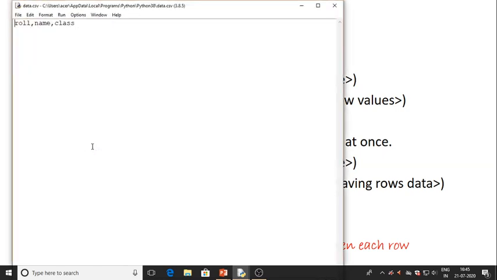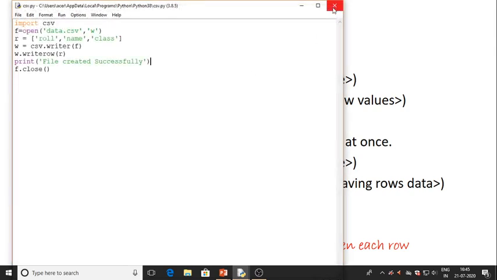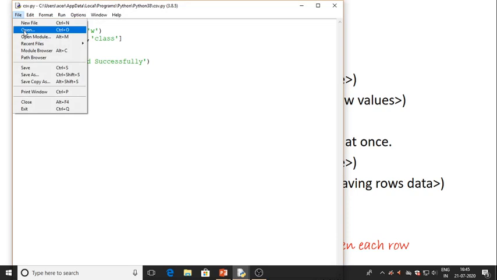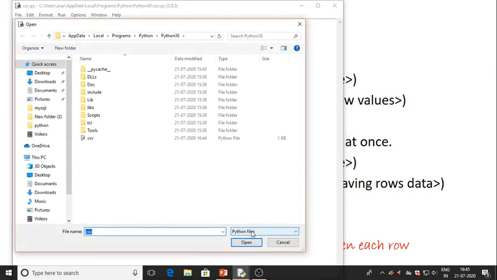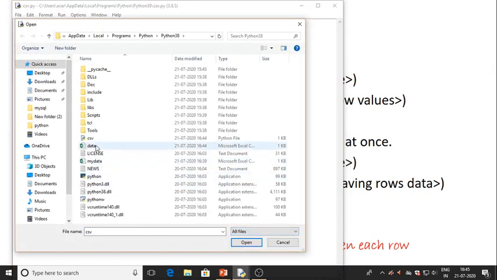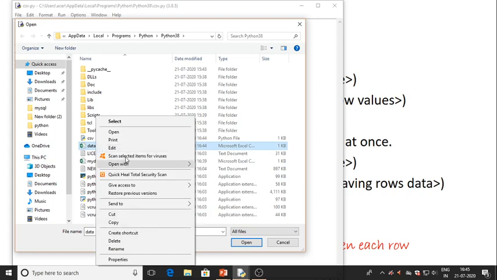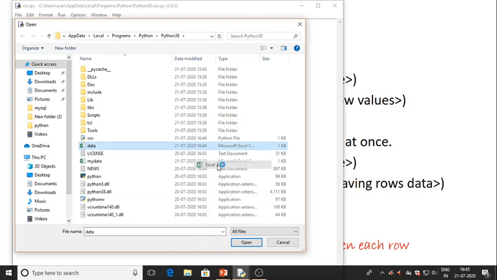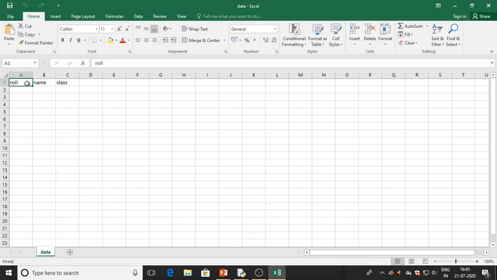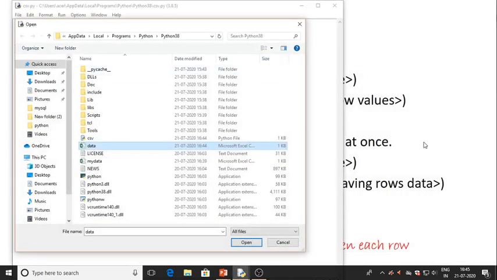When I am going to open this, I am getting the values roll number, name and class. यही मैंने write किया था. I can open this in Excel as well. वो भी करके देख लेते हैं. Open with Excel, and I am getting all the values in different cells. So this is how I can write into my file.